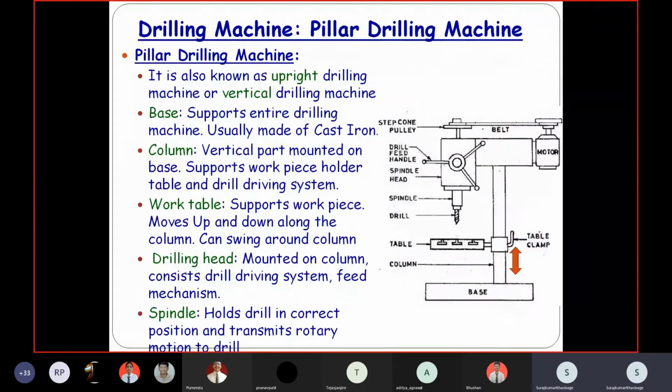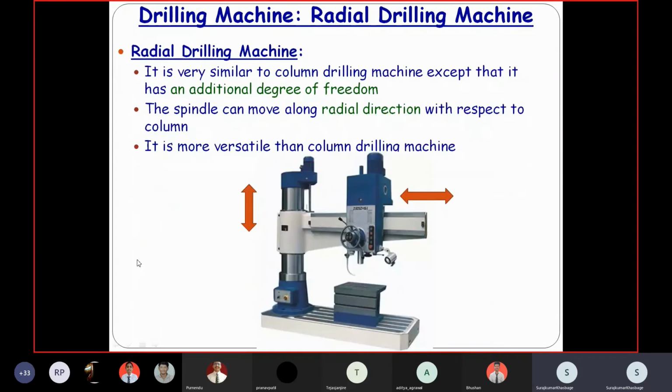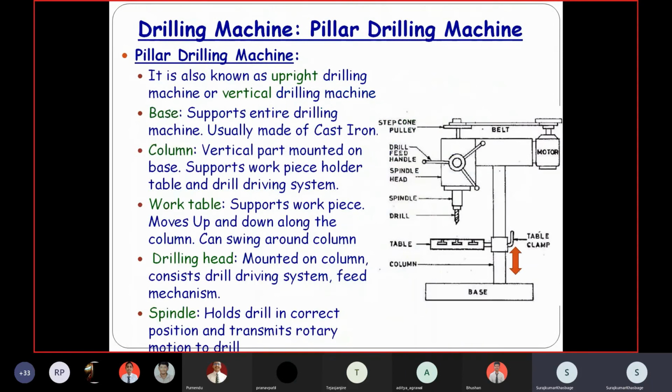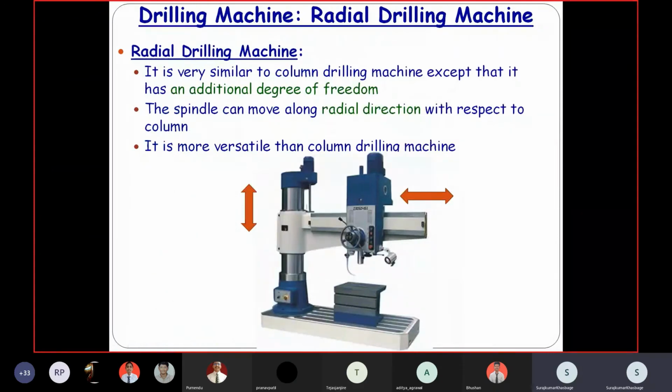तो सबसे पहला पार्ट है ड्रिलिंग मशीन आपकी, the pillar drilling machine. As we discussed, it has these several parts. So this is called the pillar drilling machine. Next is the radial drilling machine. radial drilling machine और पिलर ड्रिलिंग मशीन में आपको क्या डिफरेंस नजर आ रहा है पहले डायग्राम और इस डायग्राम में?